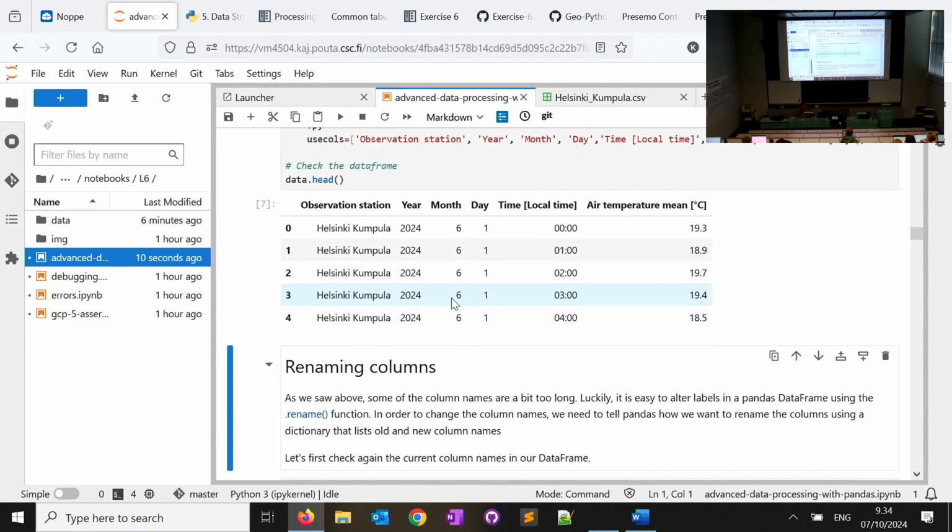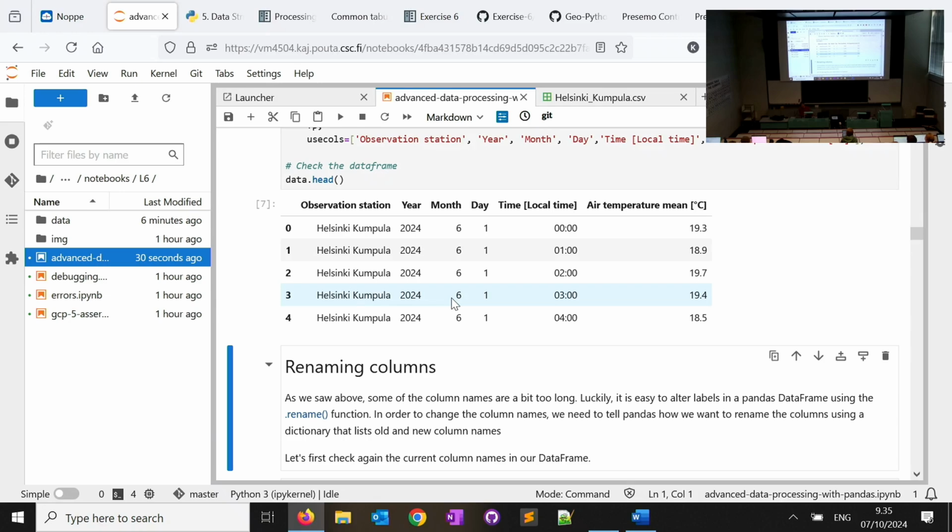There is one thing we can still improve in our data before we continue with our analysis, and that's the naming of our columns. I don't know how you feel about it, but I don't like these names when I'm doing data analysis. It's nice if you're just working in Excel or taking a quick look at your data. It's very descriptive, like air temperature, mean, and then Celsius.